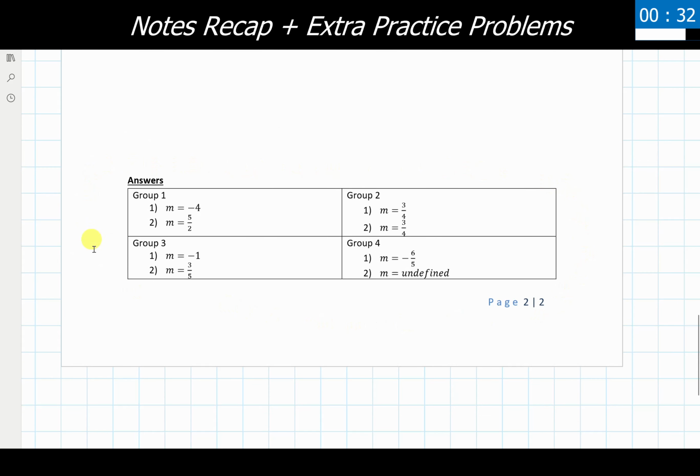Hopefully these went well for you. If you did notice that you got the answers slightly off, make sure you go back and double check that everything is being labeled properly: X sub 1, Y sub 1, X sub 2, Y sub 2, and also being plugged into that general equation properly inside of parentheses, especially when there's negative signs, because that can throw all of this off. But otherwise, that is everything for our 4.4 material, the slope of linear equations.